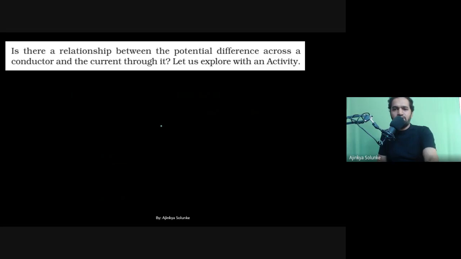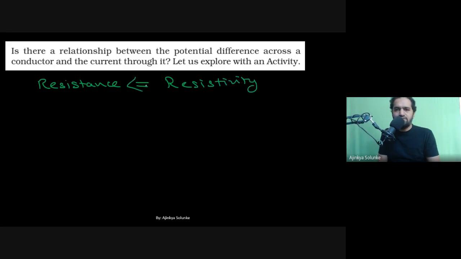Now let us talk about the definition, because these two terms seem the same. Resistance and resistivity, the words seem almost the same, like the logic remains the same. So let us have the resistivity definition. For that we will require a formula, that is resistance equals rho L by A. Now let me put the value of length as 1 meter, and the value of area as 1 meter square.